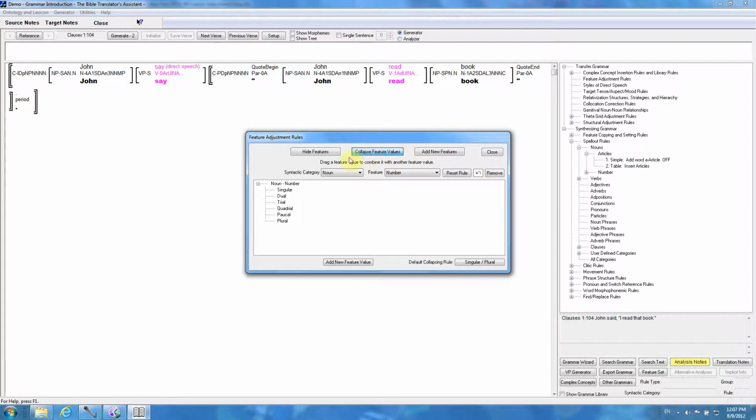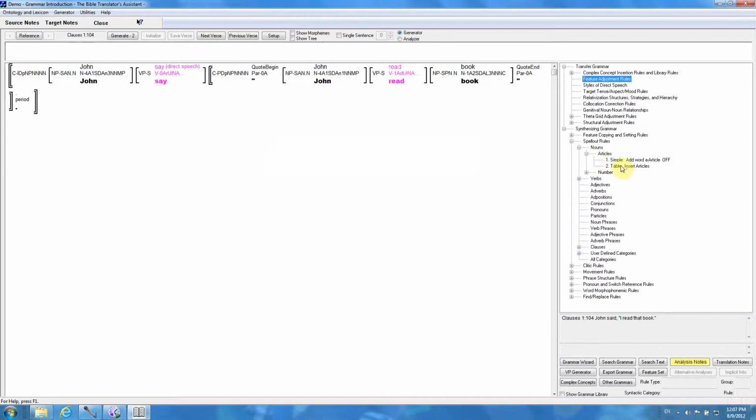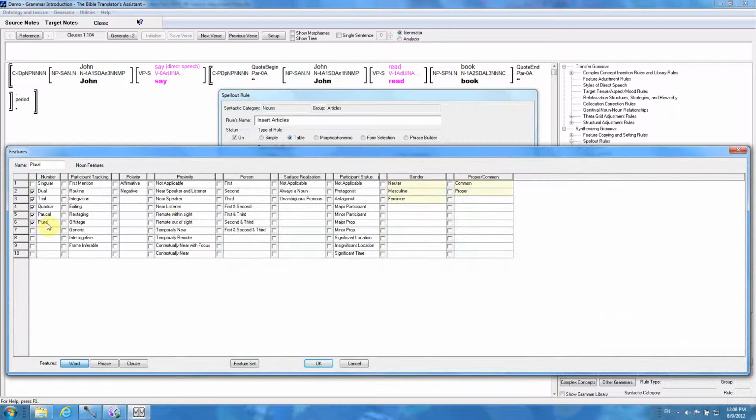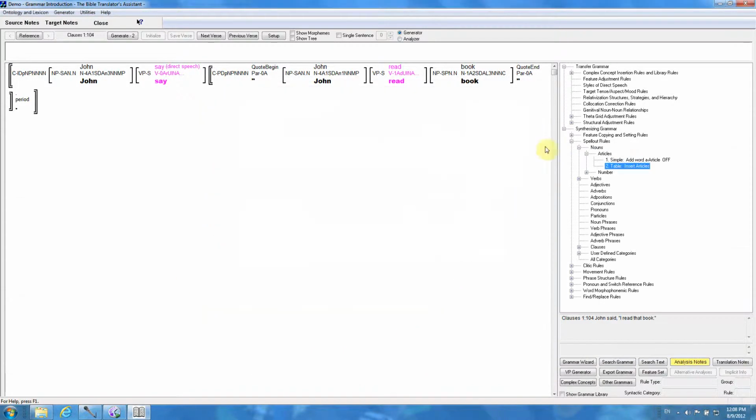For example, every object in the semantic representations is marked for a number, and the possible values are singular, dual, trial, quadrial, pockle, and plural. And we need these values in the semantic representations because some languages morphologically distinguish each of these. But if you're working in a language like English, for example, we don't need these values. We only need singular, pockle, and plural. So I'd like to show you how to collapse these, but first, let's go back and look at this rule that we wrote in an earlier segment. And you may remember that whenever we wanted to indicate plural, we also had to include dual and trial and quadrial. Well, when we collapse these values up here,